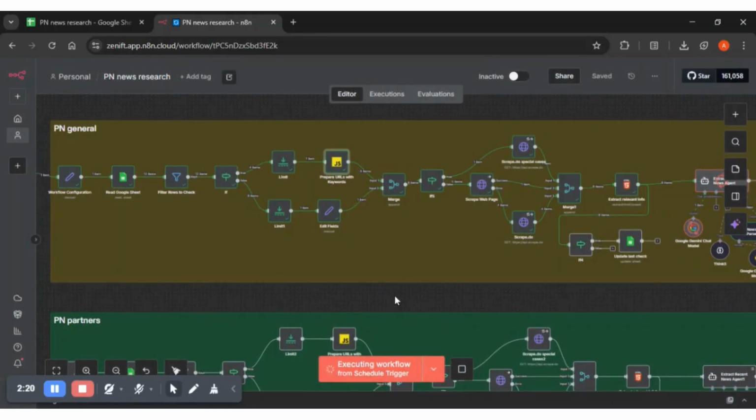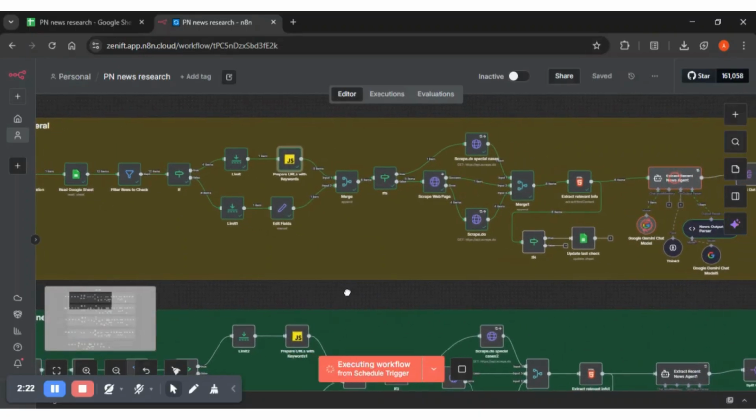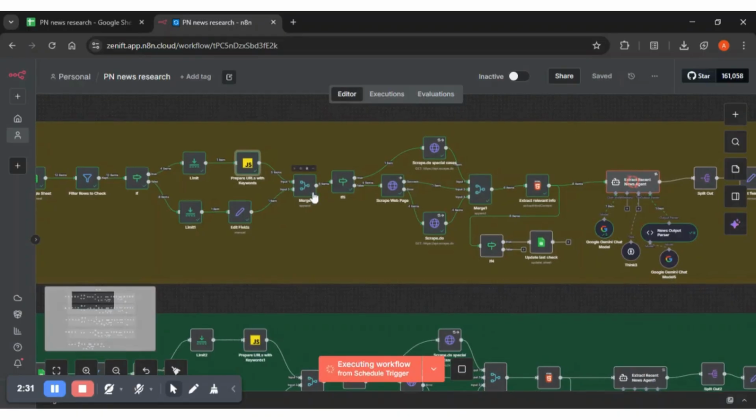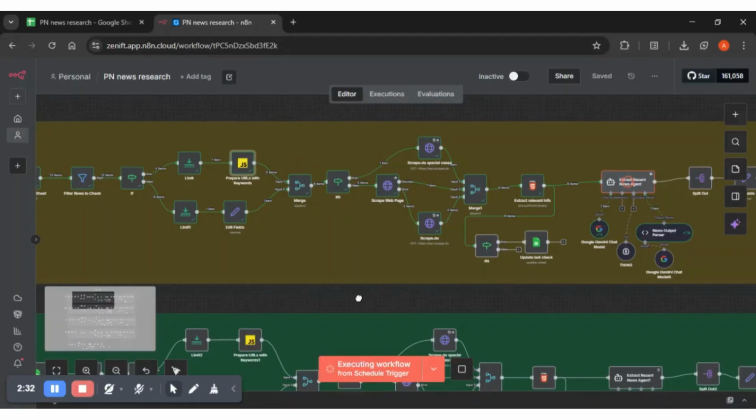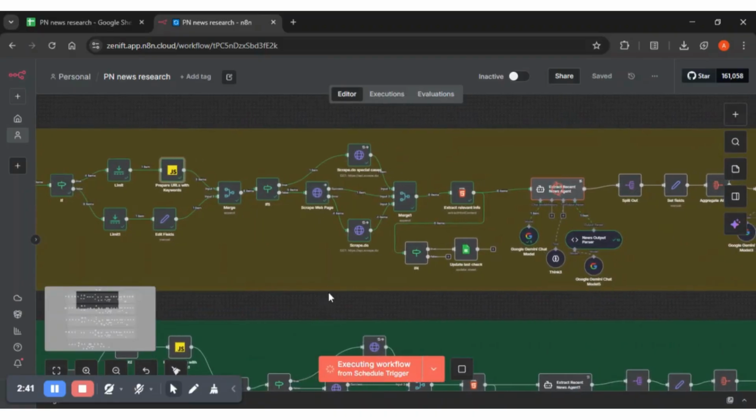Then I merge the entire list of URLs to be scraped, and then on the scraping side of things, some websites are more difficult to scrape. So for this, I needed to use a scraping service, which has an API. But even so, for some websites, the scraping method had to be more advanced in order to pass their security rules. For this, I have a check for the special URLs, and the others will go into a normal HTTP request